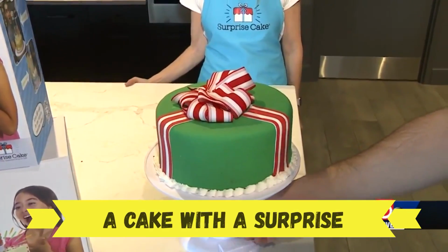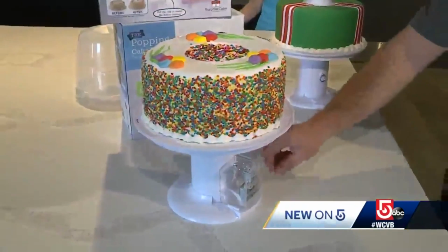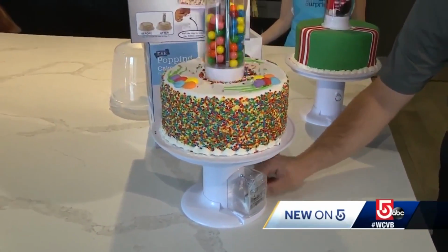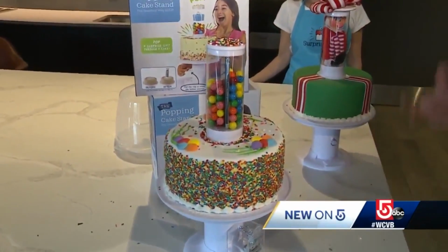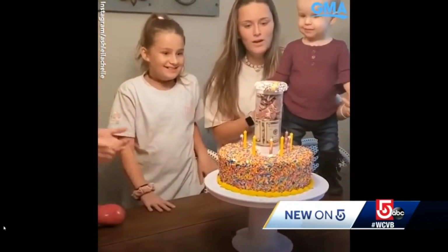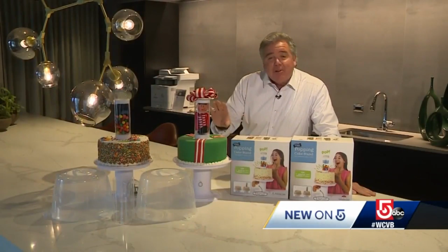A cake with a surprise. If you're looking for an awesome product for resale, then check out this invention. The device with the gift is placed in the cake and pops out of it at the right moment, after you press the release button. Such a prank gives unforgettable emotions for both the celebrant and guests, which means that people will be willing to